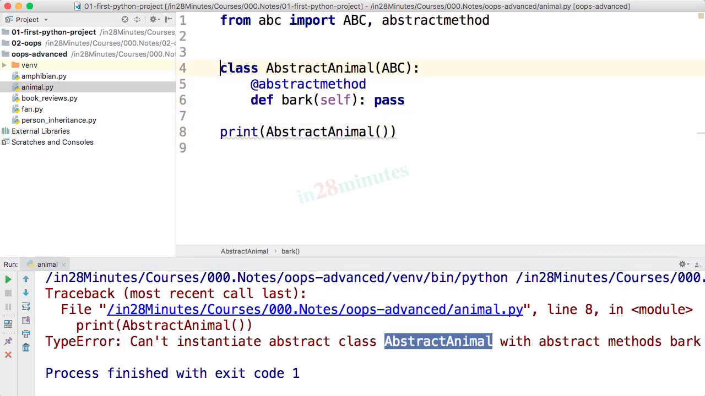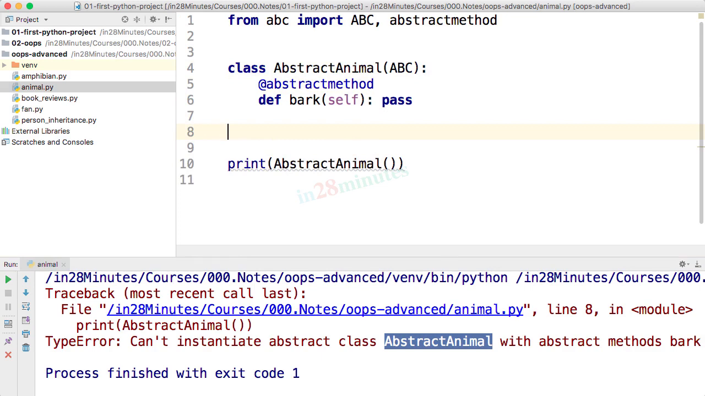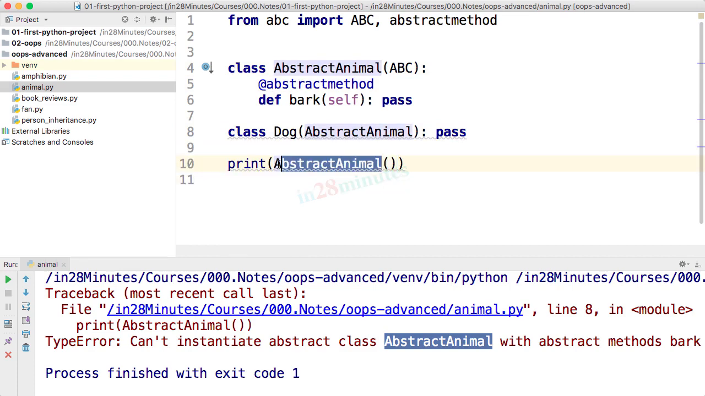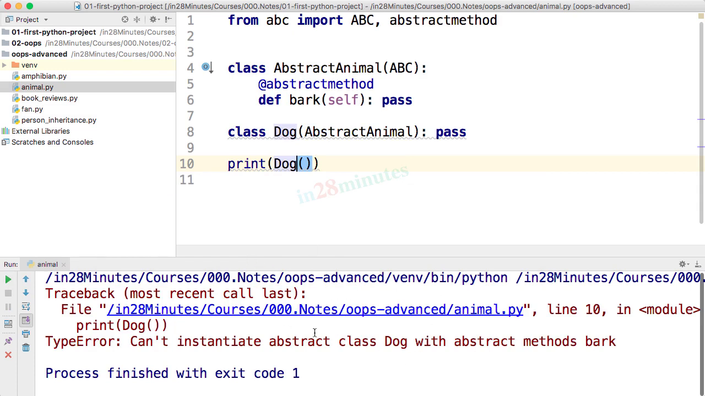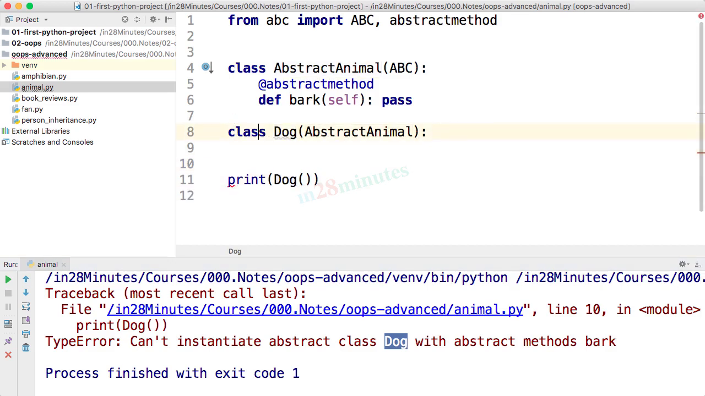Now let's say there is another class which is present. Let's say I'm creating a class dog which is extending abstract animal, and it's, let's say, an empty class. Do you think I'll be able to create an instance of the dog? Let's run it. Nope. It says cannot instantiate abstract class dog because dog is not defining the method. What dog can do is it can go ahead and define the method. It can say print